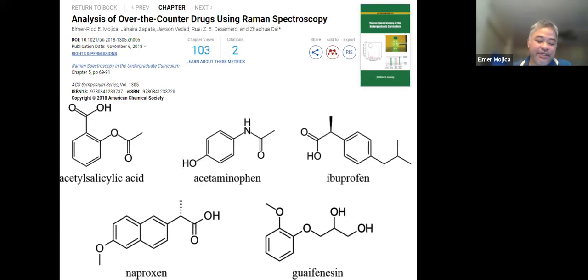And then the very popular one that we use, okay, this is the so-called over-the-counter drugs. So I think you're familiar with what we call acetylsalicylic acid. Okay, acetylsalicylic acid, that's the active ingredient. Anyone? Saan siya active ingredient? That's the active ingredient of aspirin. And then you have acetaminophen, which is known in the Philippines as